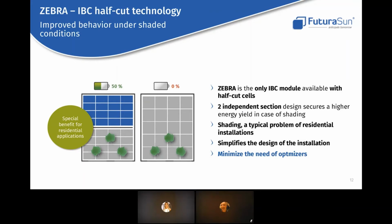On this slide, you can see the model configuration, and the ZEBRA model is in fact the only IBC model available with half-cut cells, assembled together in what we can call a twin model configuration, in which the solar cells are connected in series in two independent sections that are connected in parallel in the middle with a three-part junction box. You might recall that the standard panel with full-size cells has the junction box in the upper center part of the glass and not in the middle like the ZEBRA panel. And having two independent model sections